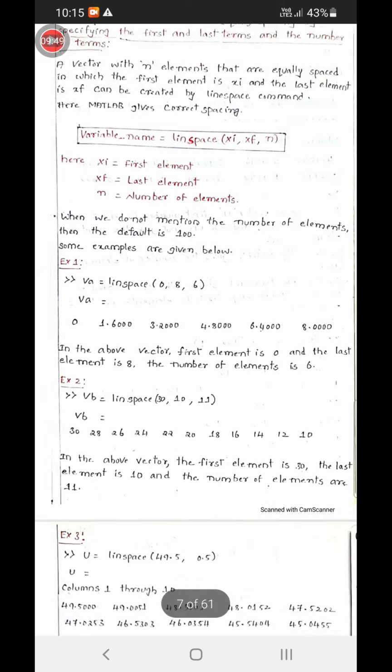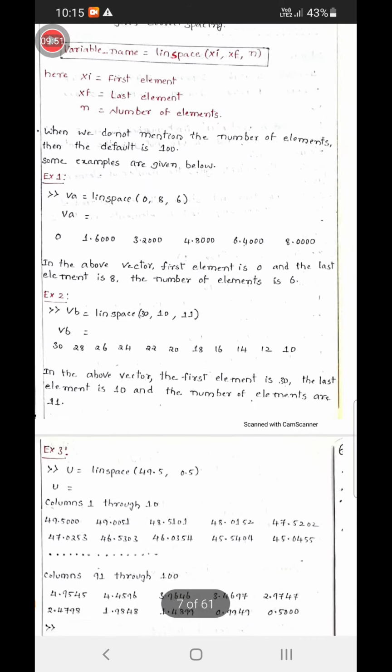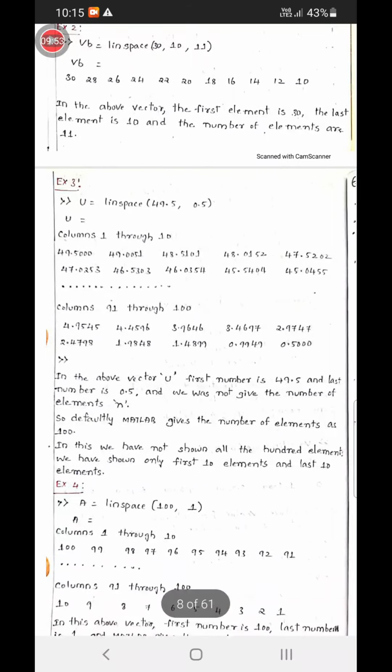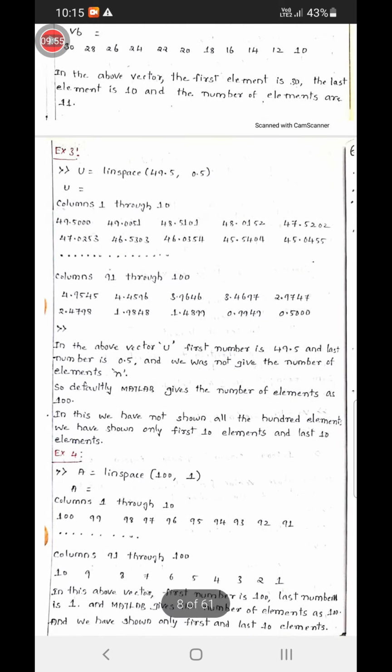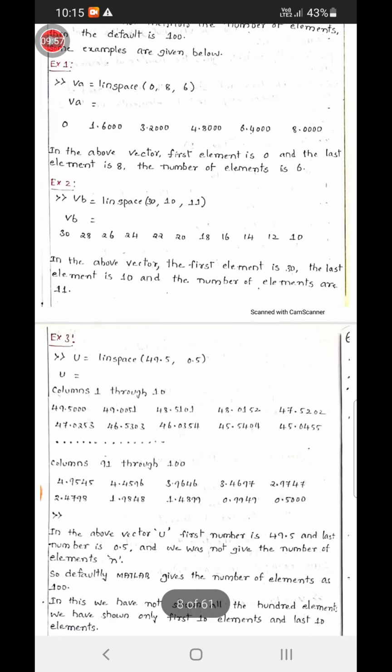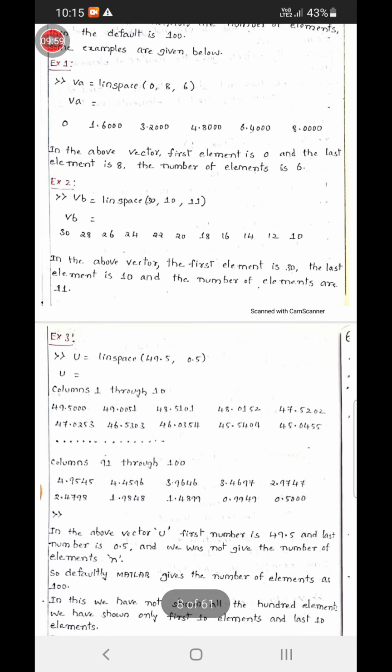Yes, and next we'll see example 3. We have typed the assignment line space in the curved parenthesis. We have typed 49.5 comma 0.5.